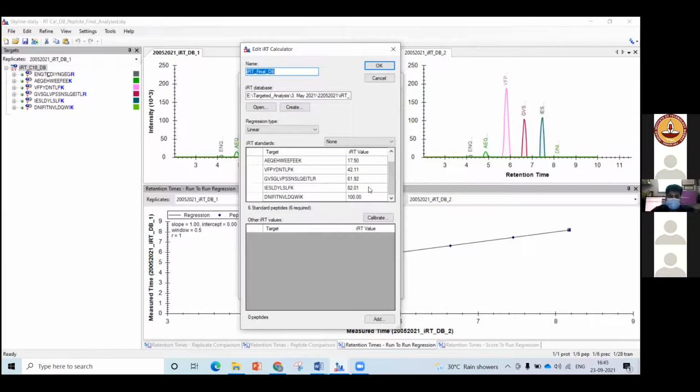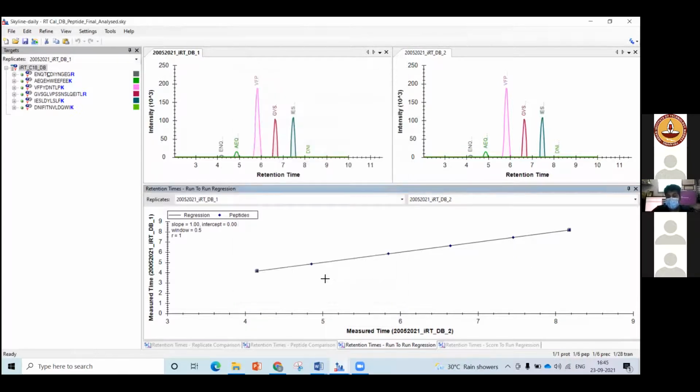And maybe after 1 month or maybe 1 year, we try to reproduce the same assay in maybe a different gradient or even the same gradient, but obviously we will not see the same reproducibility in the instrument. But even after 1 year, we can use this same calibration mix to calibrate the retention time relative to what we got 1 year back. So this is very important. Over here we have used a mix of heavy labeled peptides from our lab, but generally this kind of calibration mix, which is iRT peptides, is also available commercially.